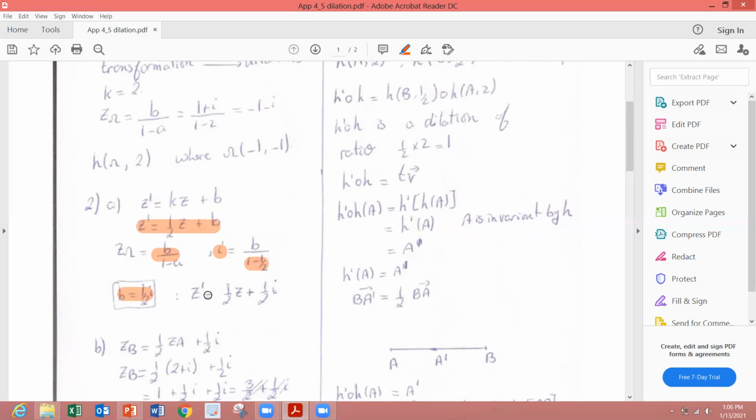So Z prime equals half Z plus half I. هيدا كتبنا امبارح ولا لا؟ كتبنا هون وقفنا. هلا شو مطلوب منا نعمل؟